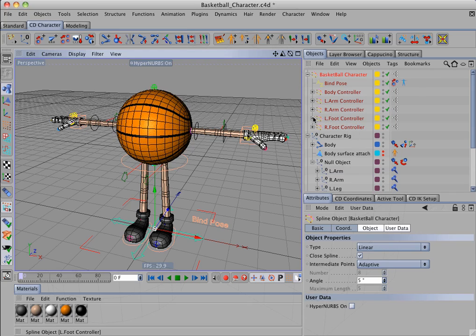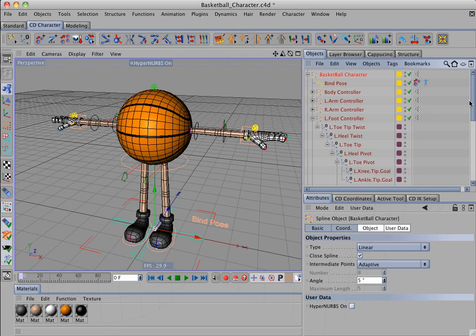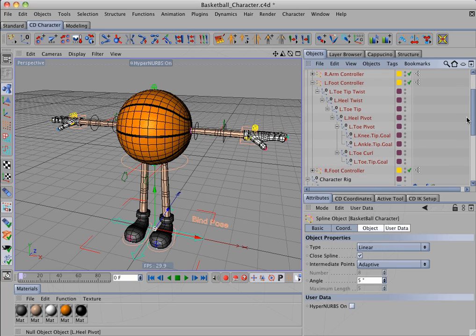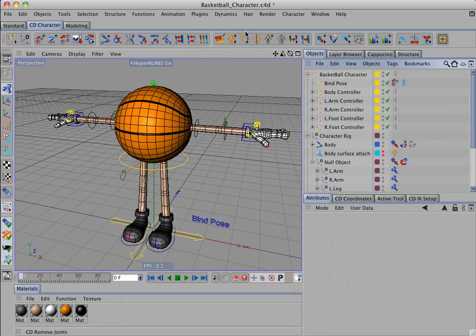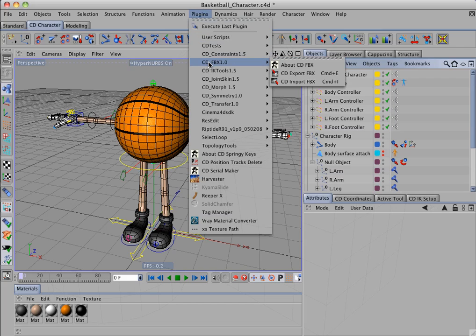Another thing is that normally with the CD foot IK, it will allow you to use the ankle tip goal as a pivot point. But in Maya, this gets converted to an IK handle, and it just doesn't work as well using an IK handle as a pivot point. So let's go ahead and export this,